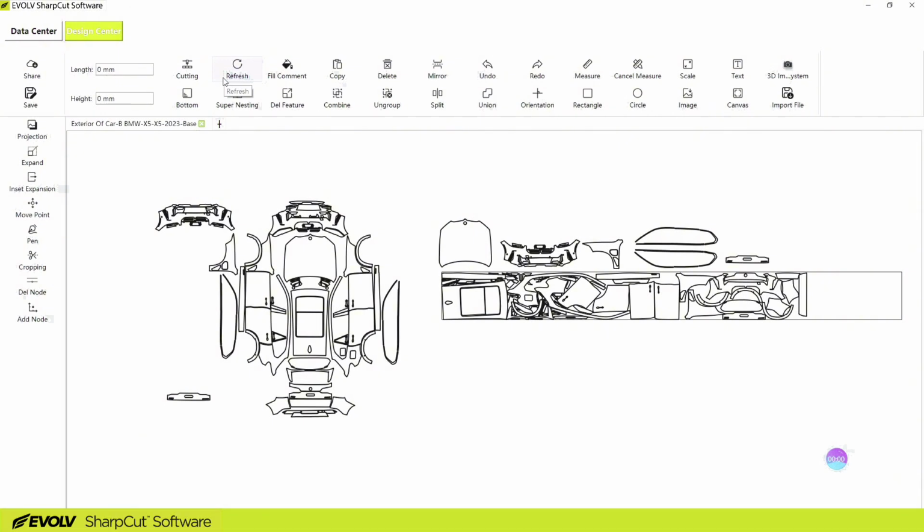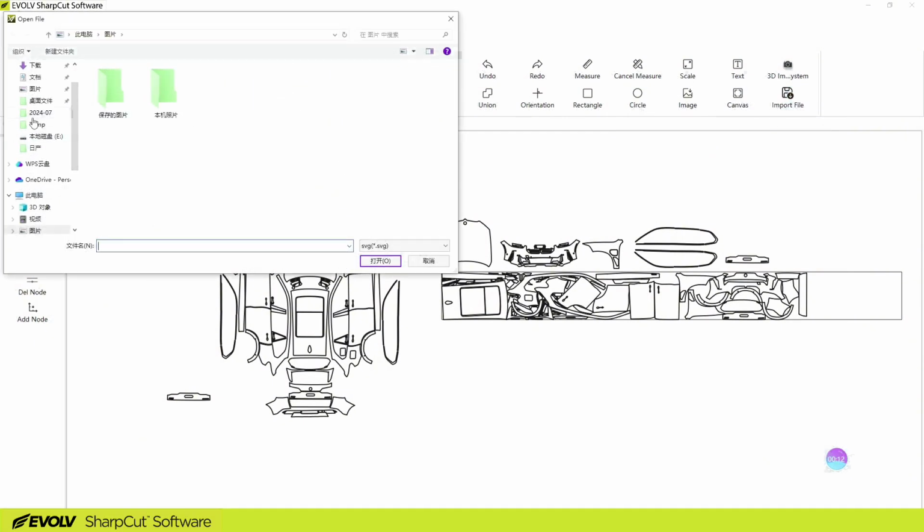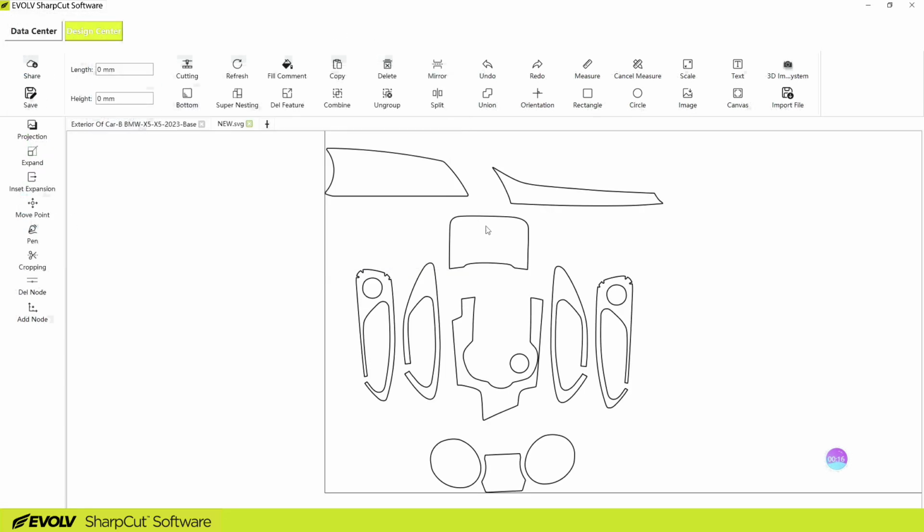For example, when you import external data, clicking refresh ensures that it integrates smoothly and is compatible with our system. This function is not only vital for data import, but also necessary after performing operations such as adding or deleting data. Before executing key operations like the super nesting feature, it's important to use the refresh function to ensure everything